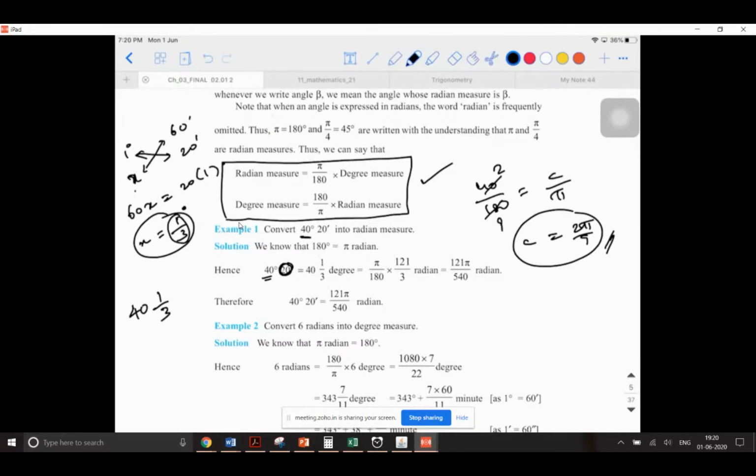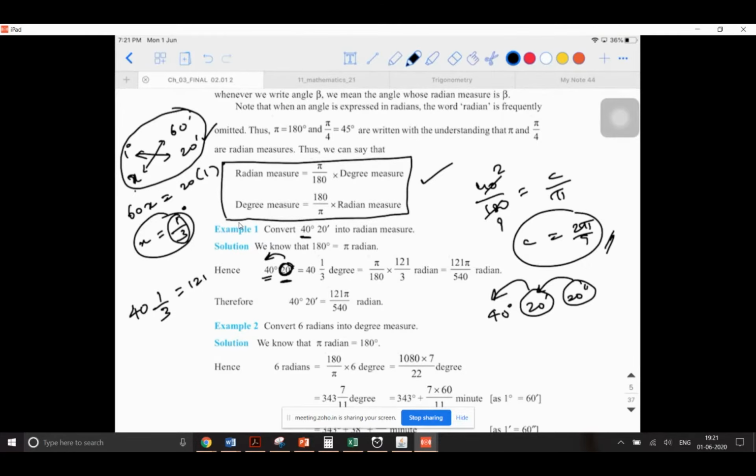So what I did, I'm repeating it, I converted 20 minutes to first degree. Whatever is there on the right hand side, you should convert it to the term which is there on the left hand side. That is, minutes is there on the right hand side, so I converted minutes to degrees. If suppose the question is 40 degrees, 20 minutes and 20 seconds, then I need to convert seconds to minutes, and minutes needs to be converted to degrees. So the procedure is still the same, whatever I followed here, the unitary method. Trust me, you practice 2-3 problems, you'll get it, not so tough.